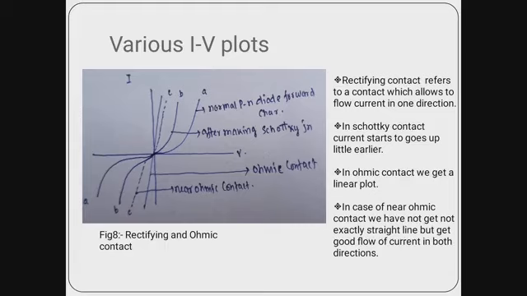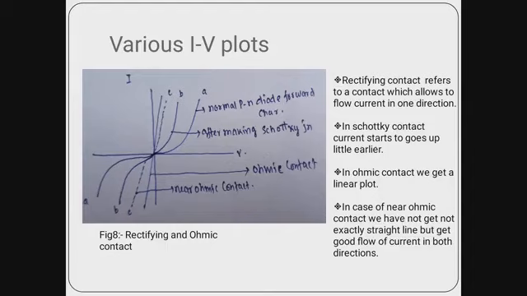From this plot we have seen there are basically 4 kinds of plots that have been drawn. The first one is A, which denotes the normal PN diode forward characteristics. If we see the plot, we can conclude that if we increase the voltage V, after a certain point the voltage becomes constant, but the current increases sharply and exponentially. This is called the forward voltage and forward current.